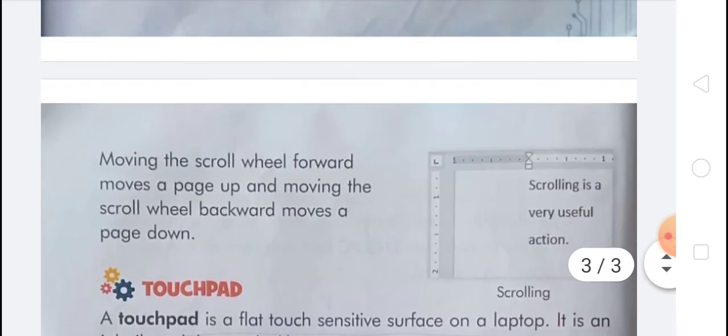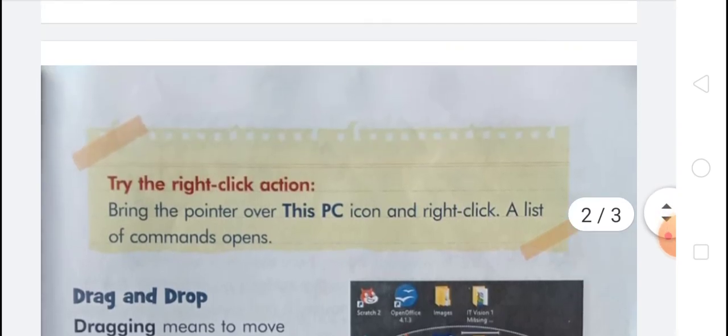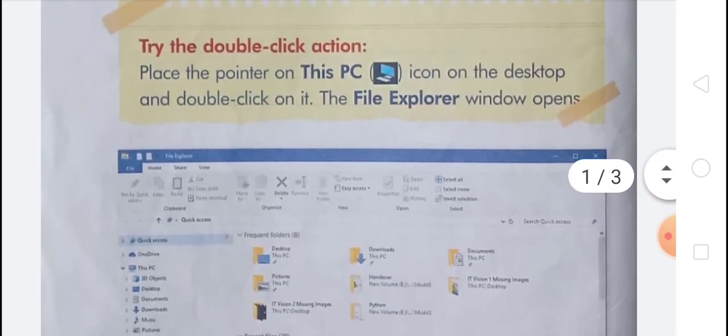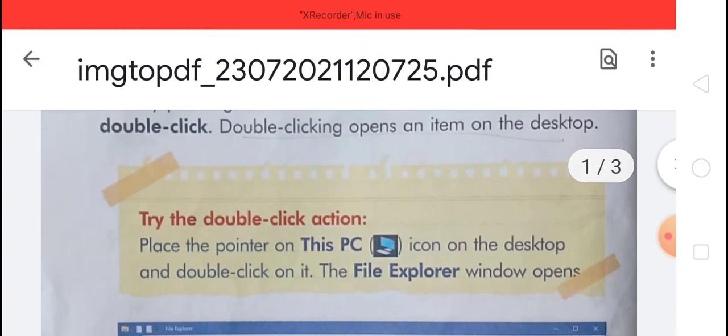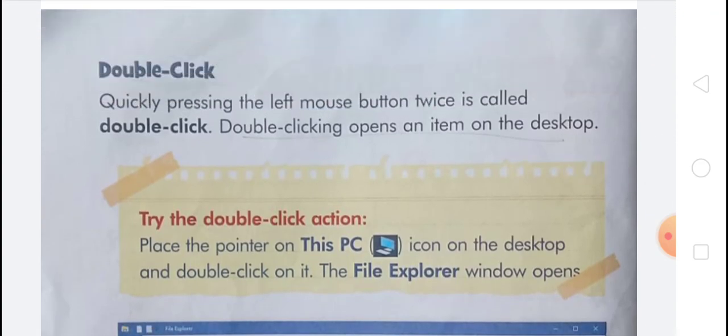Let's revise it once again, and you know that this topic is handling a mouse and touchpad. Now let's learn about handling a mouse and touchpad. Okay, you know that. Do you hear a click sound when you press a mouse button? Let us find out what that means.